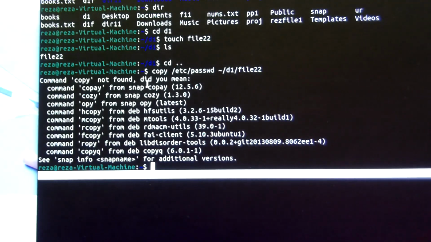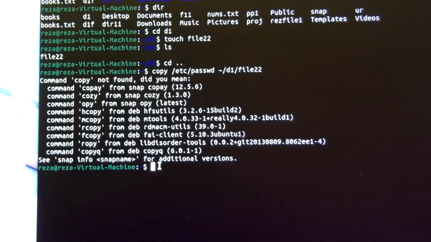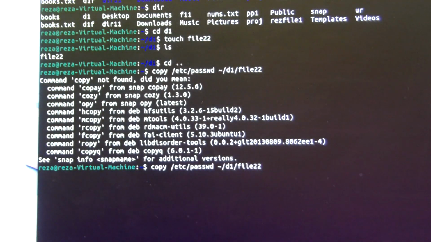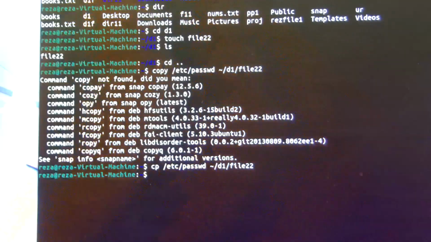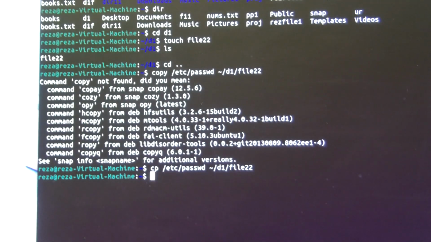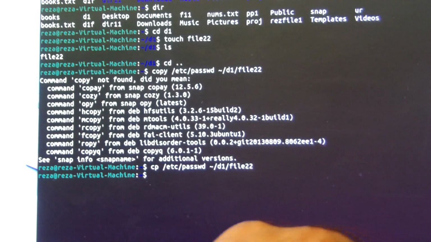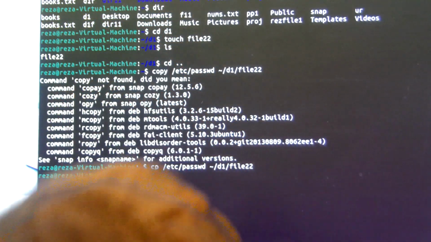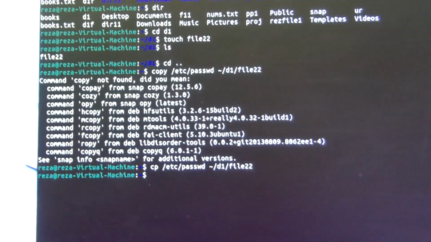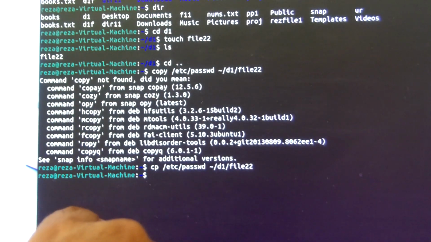Okay. Now we copied that file in there. Okay, and then if we cat file 22, the mistake I made is the